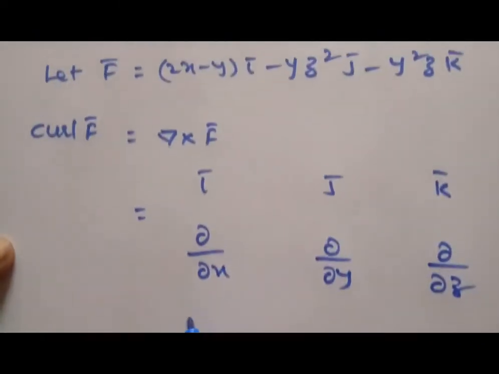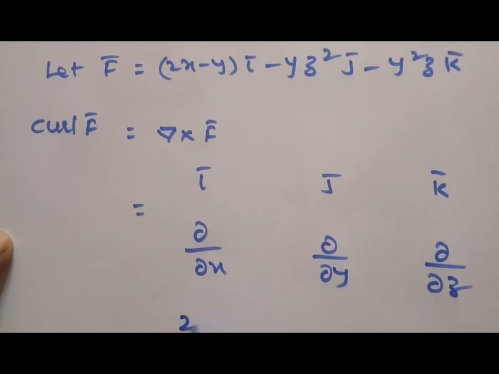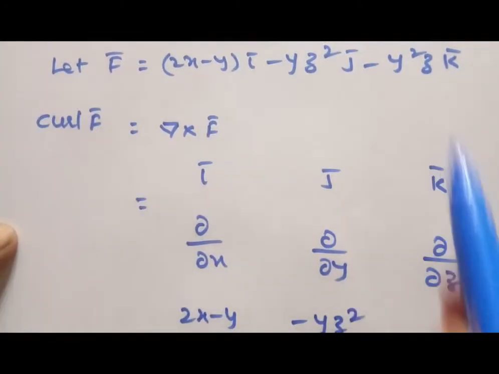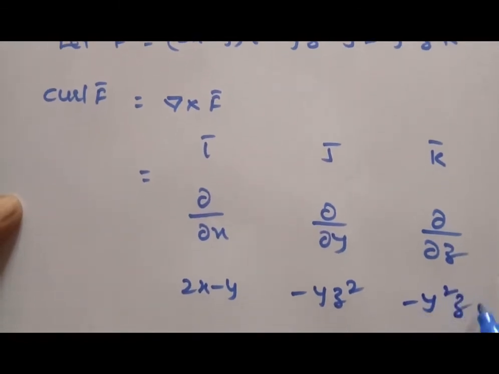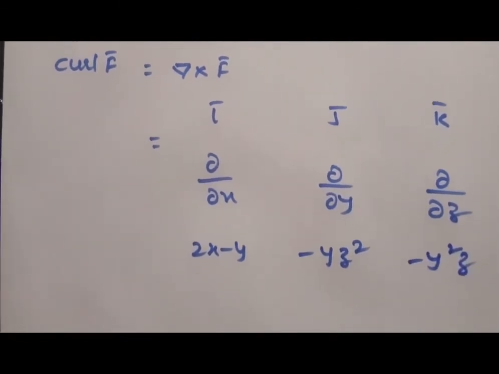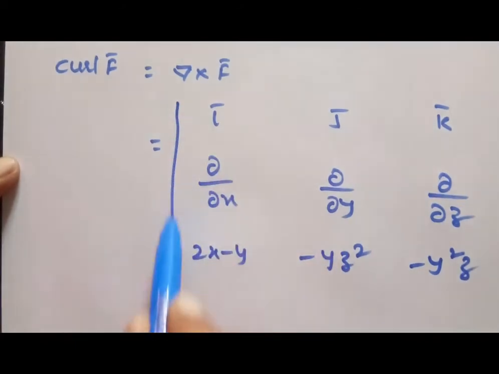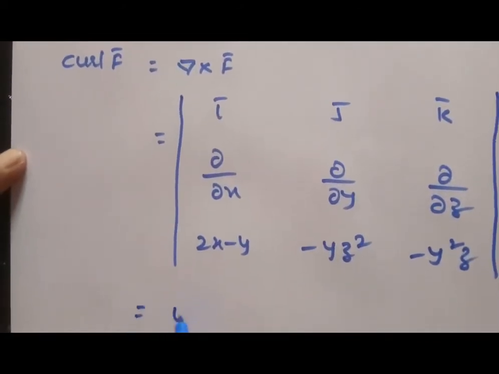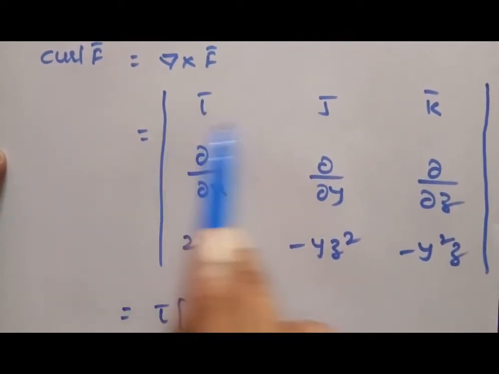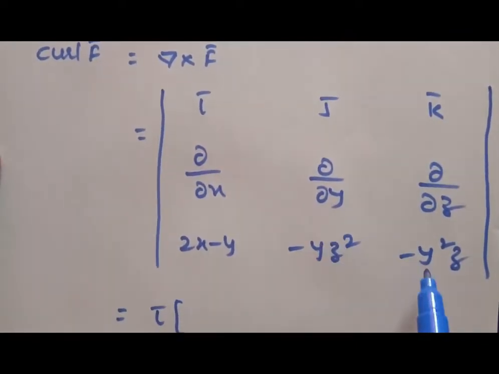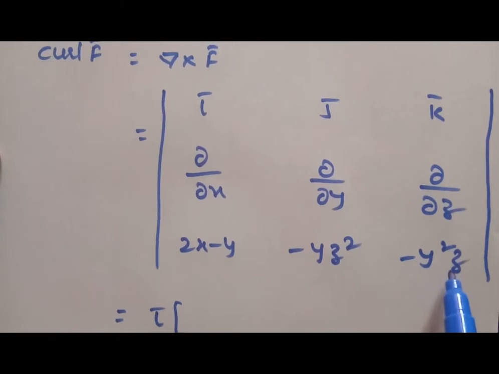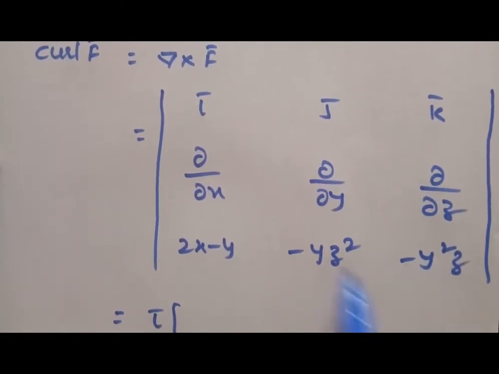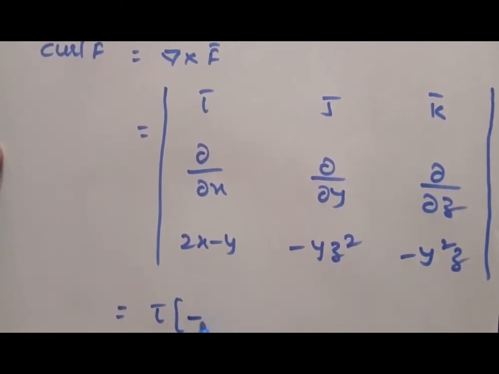The i bar component is 2x minus y, the j bar component is minus yz square, and the k bar component is minus y square z. Therefore find its determinant. Therefore i bar, by deleting first row first column, dou by dou y of minus y square into z, that is minus 2y into z,